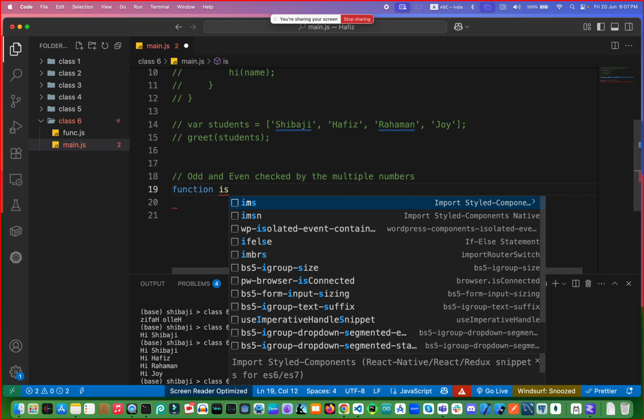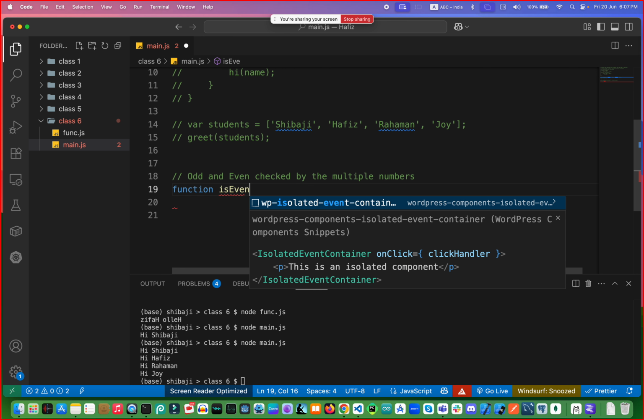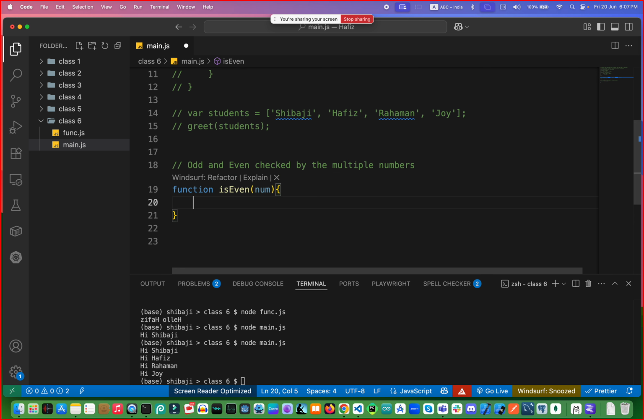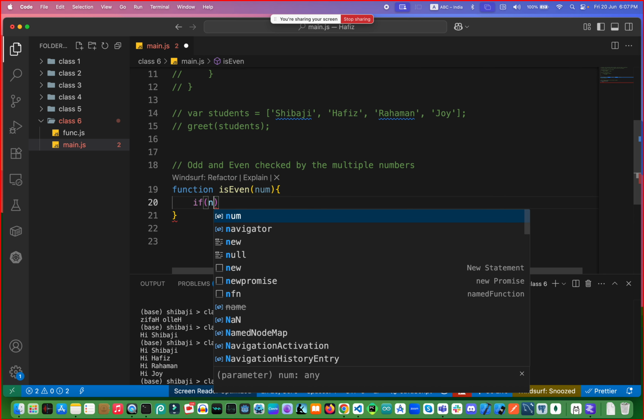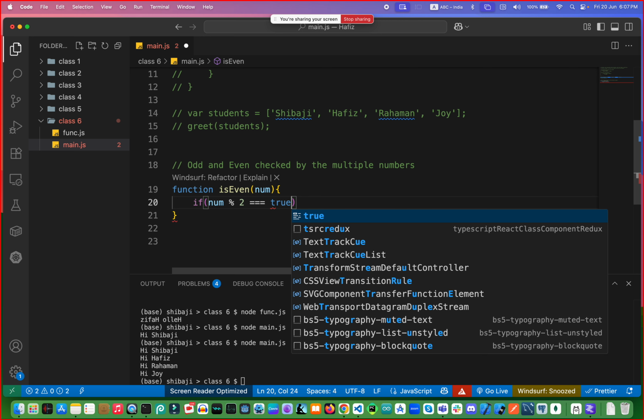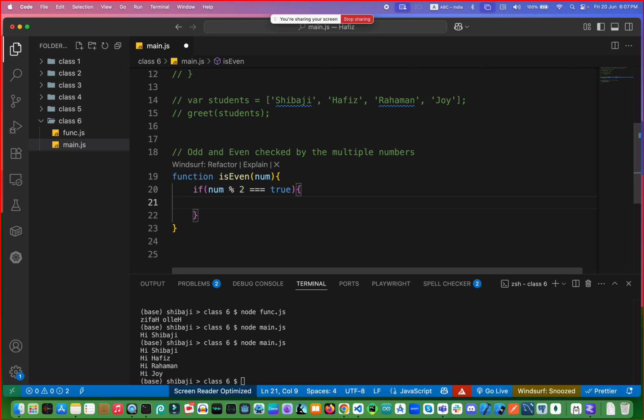So just isEven, and we pass the num, and then we check if num modulus by 2 equal to true, that means